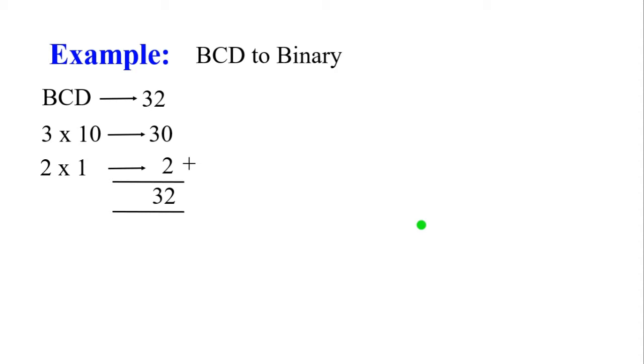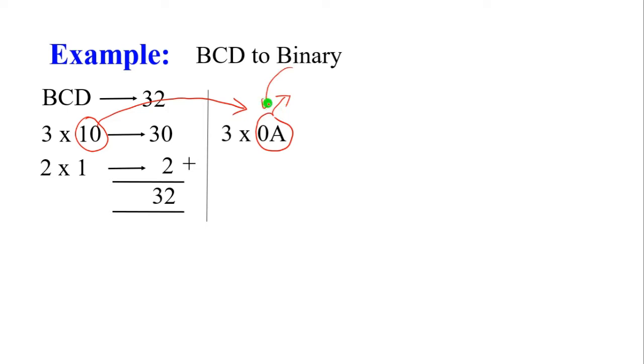The tens digit value is multiplied by 0a. Why are we going to multiply it by 0a? The tens digit value, that is 10, is a decimal number. The equivalent hexadecimal value becomes 0a, because here we are going to represent the number in binary form. In the 8086 microprocessor, the binary number can be represented in the form of a hexadecimal number. That's why we multiply this 3 by 0a. Okay, clear? What is the result of 3 into 0a?